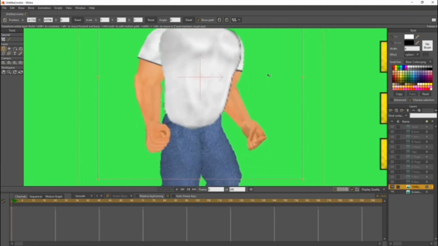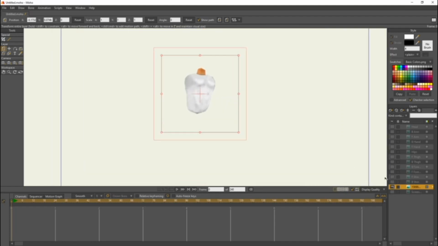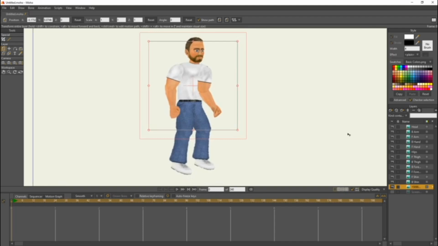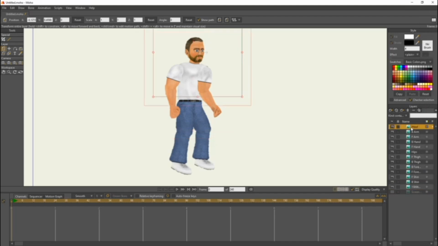Alright. So once you have them all lined up as best as you can, go ahead and hide the screenshot. Zoom back out a little, and we're going to show everything here. So make sure the eyes are showing, and they're all here. Now we're going to change the positions of these. Now, the very top one should be the head. Actually, yeah, I think the very top one should be the head.